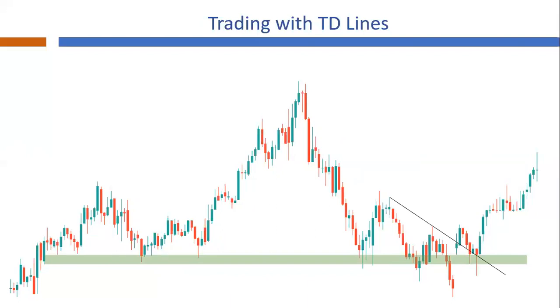Now, we have already discussed various methods for calculating targets or price objectives for the TD line method in the second part of this video series. However, in this method, I ignore the same and I wait for another TD supply line breakout. Look at another black line. We can see that another breakout of the same has occurred.